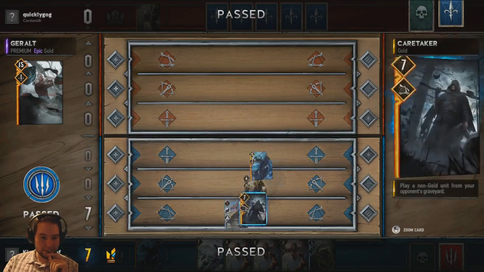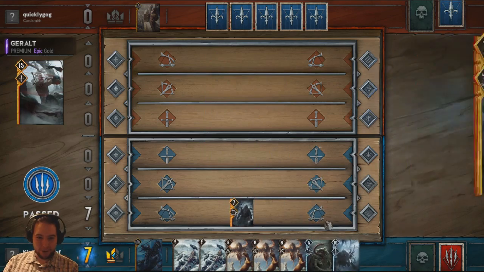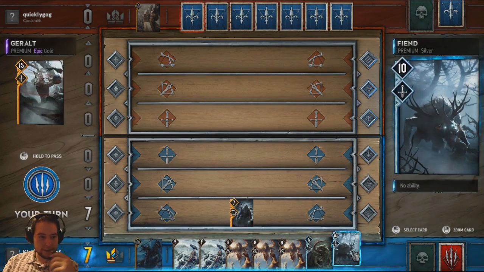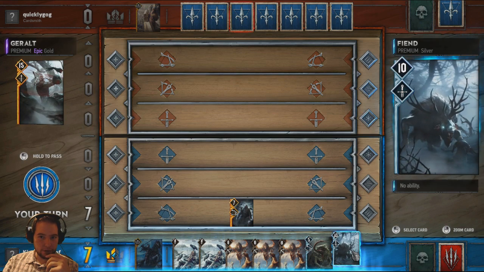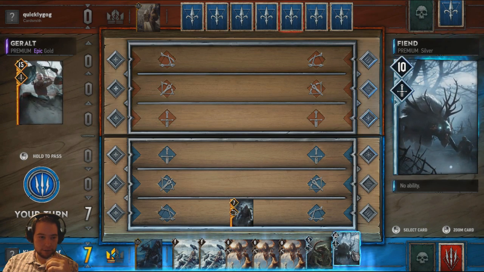Oh, what? Right, we're gonna have to check the tapes. It kept a hero on the board, and I got a fiend, and we're drawing 2 cards for round 1. So much weird stuff going on. Premium silver. Okay, so